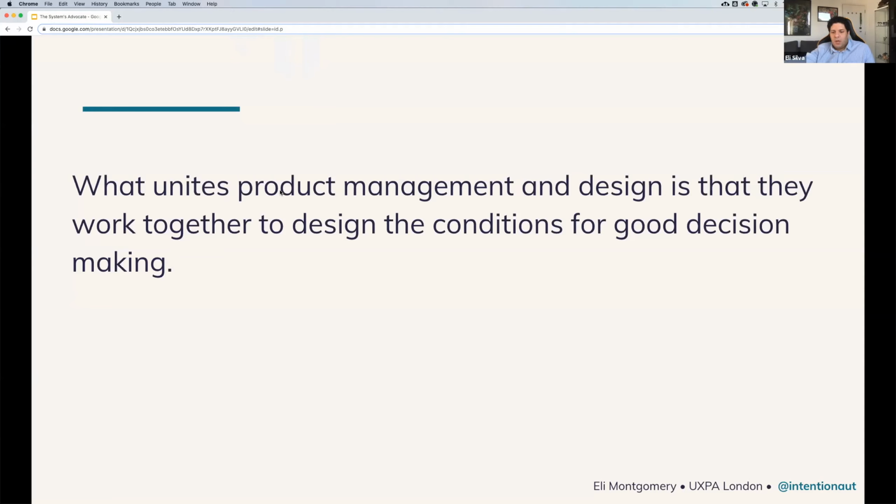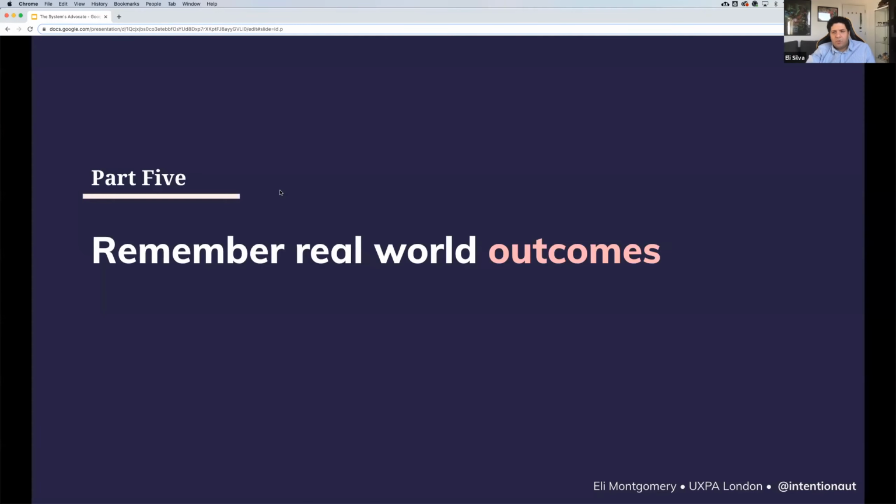And so I want to wrap up really quickly because I'm almost at time, but I just want to say, remember real world outcomes, which is another really important thing here. Real world outcomes are things that happen outside our product, things that happen to our users, things that happen because of our products, right? And I think it's so important to remember, especially with the headlines that we see around COVID and around Black Lives Matter and police violence. The products that we build every single day have real world outcomes,